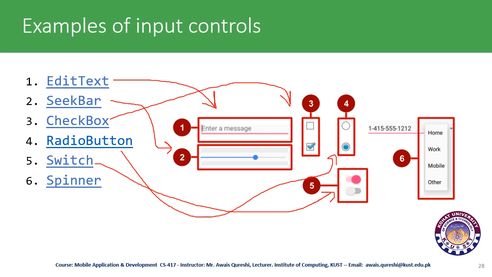And here you can see the control which is called the spinner control. Here you are mentioning the home number, the work number, the mobile number and others. By selecting this drop down menu you can select a single value at a time, not multiple values but a single value. And this is a number, either a telephone number or a house number. So by selecting this we are indicating that we are selecting the home number.